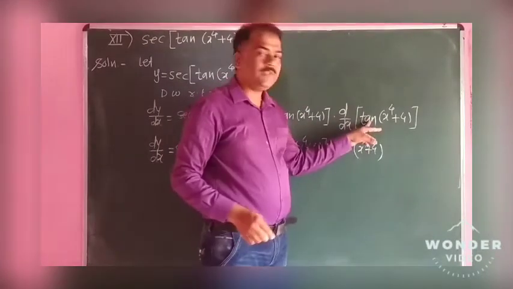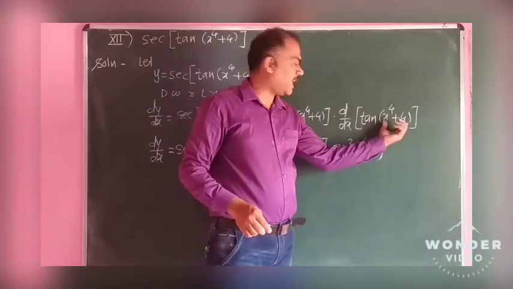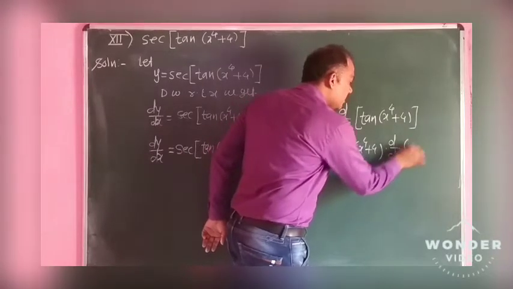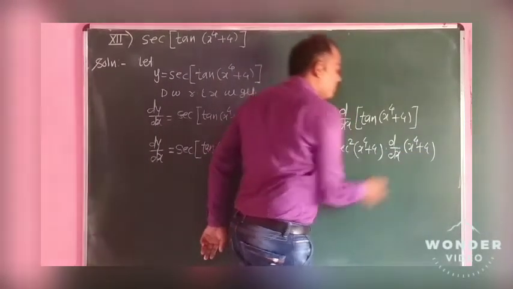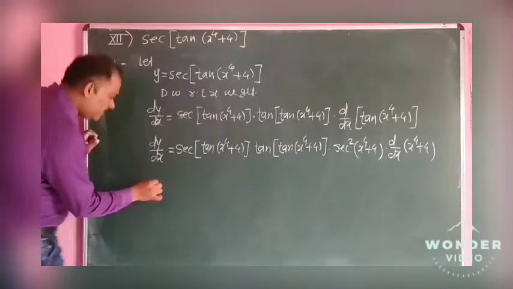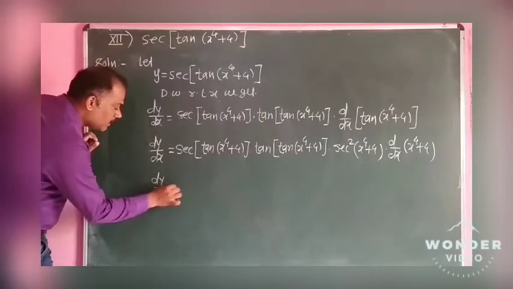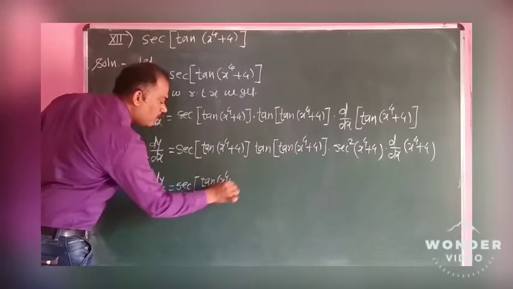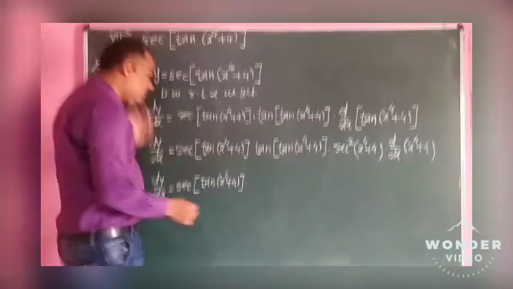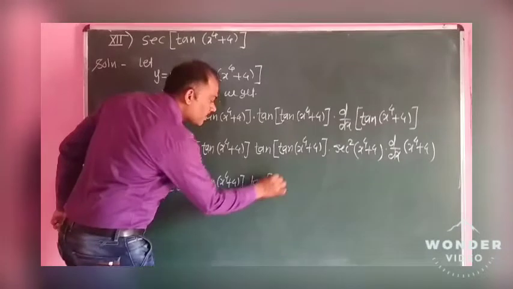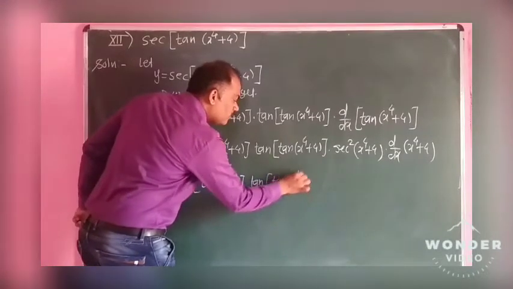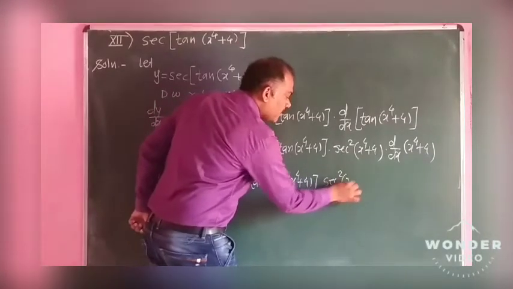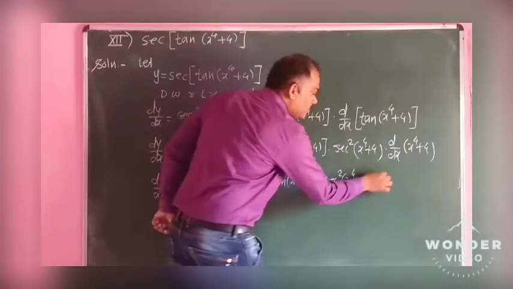After taking the derivative of this tan, we have to take the derivative of this bracket, that is x raised to 4 plus 4, into d dx of x raised to 4 plus 4. So dy by dx is equal to sec of tan of x raised to 4 plus 4 into tan of x raised to 4 plus 4 into sec square x raised to 4 plus 4 into d dx of x